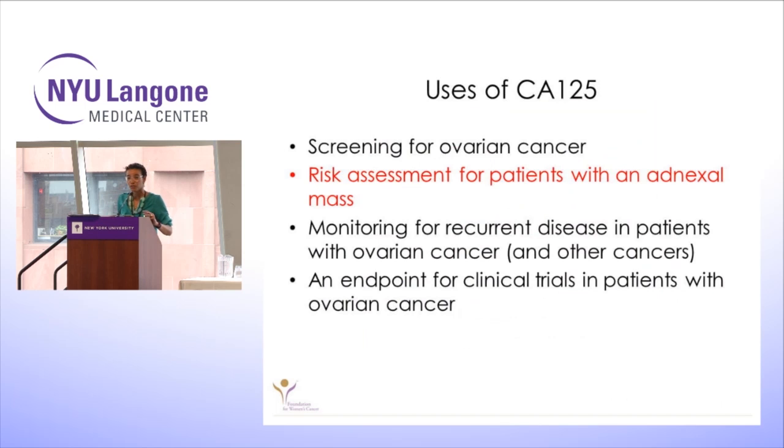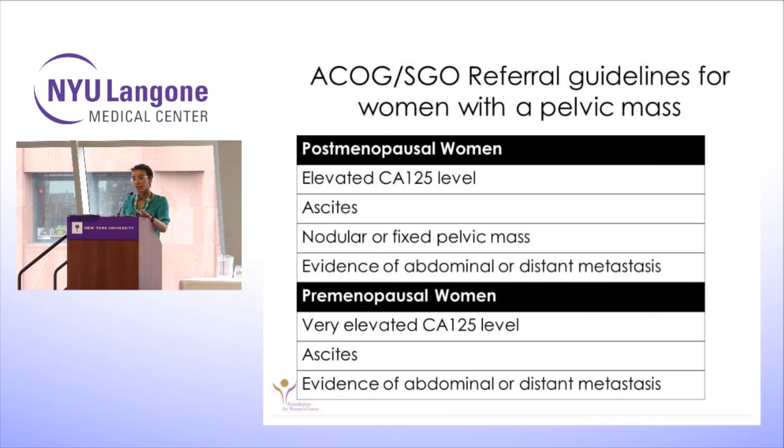So we also use CA125 not just for patients in screening, but for patients who come to us with a pelvic mass. I tell my patients all the time, ovaries make cysts. That's what they do. So if I took out every ovary that had a cyst in it, well, I'd be very busy. I may have a lot more money, but I wouldn't be doing any good. So we need some way to know which ovaries we need to operate on, which ones need to come out. And the CA125 is really helpful in helping us triage that.